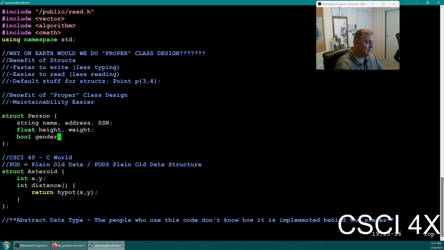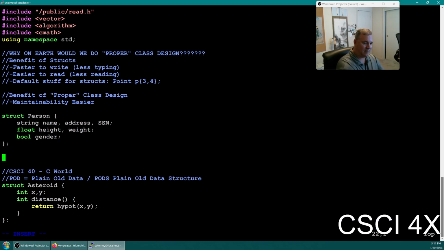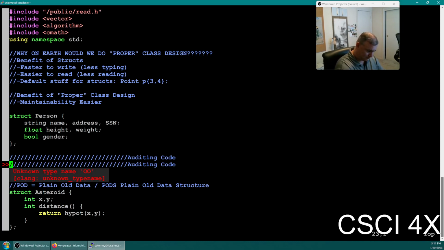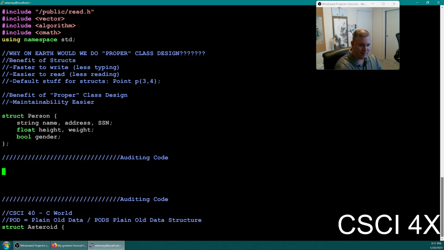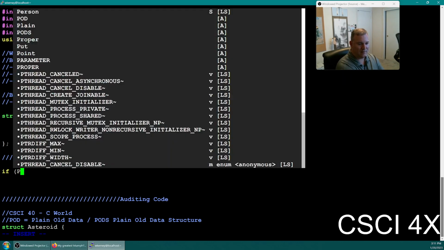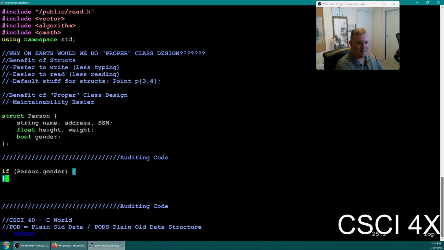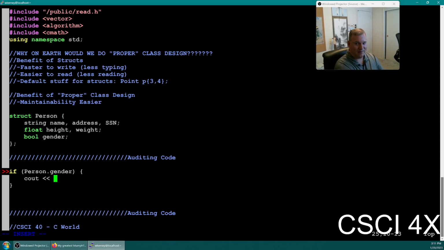You're over in some other file now, in some sort of auditing code or something like that, or off in La La Land somewhere, and we've got this code, and the code says if person p, something like that, right? So if p.gender cout p